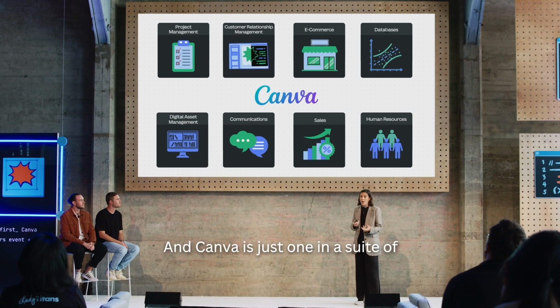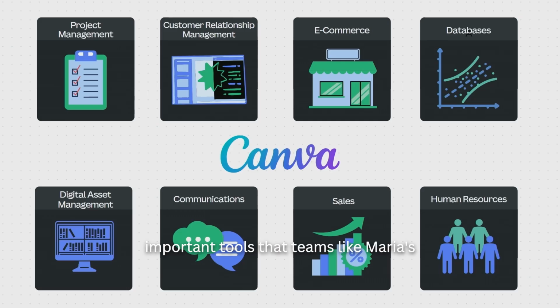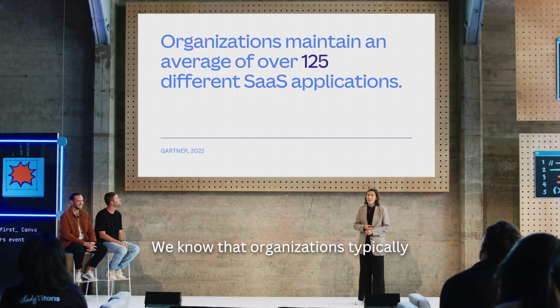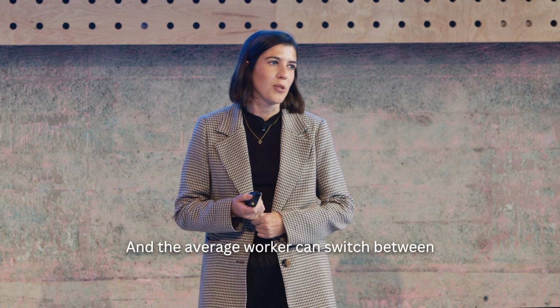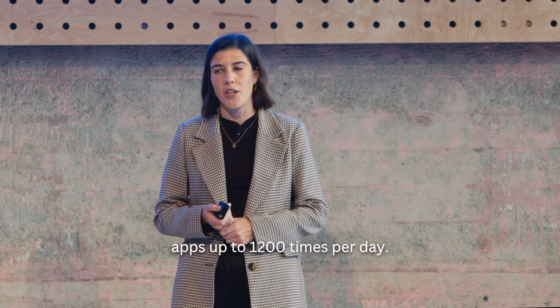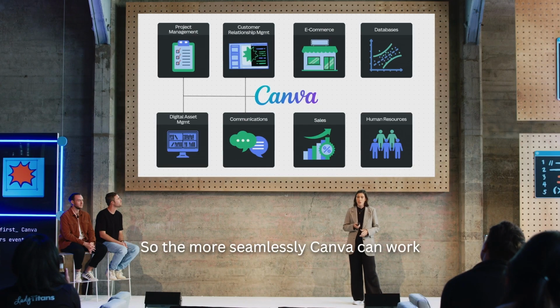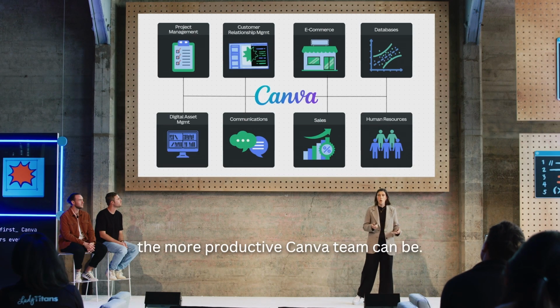And Canva is just one in a suite of important tools that teams like Maria's need to use every single day to connect all these dots and get the job done. We know that organizations typically maintain over 125 SaaS apps, and the average worker can switch between apps up to 1,200 times per day. So the more seamlessly Canva can work with all these other tools, the more productive a